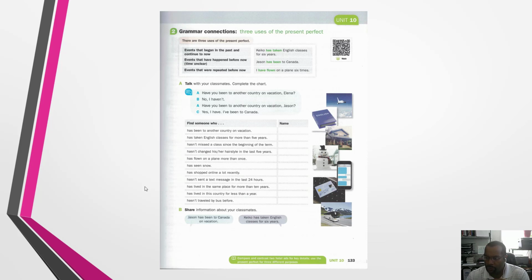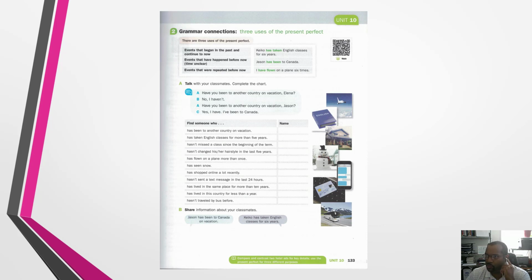Okay, so let's turn our books over to page 133. We're still in lesson F, another view. Okay, so here we're going to be talking about 3 uses of the present perfect tense. All right. Now, before we jump into all this, let's